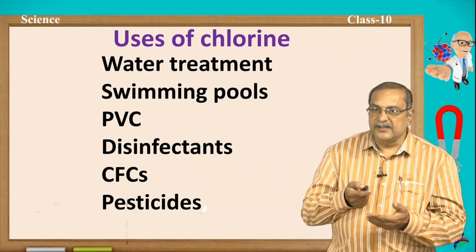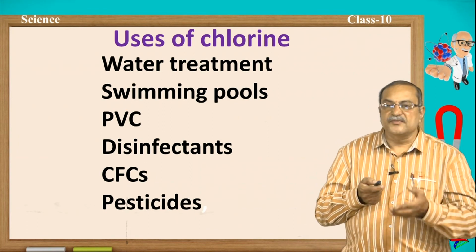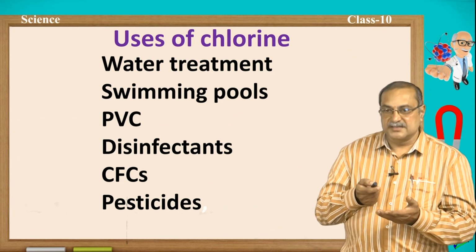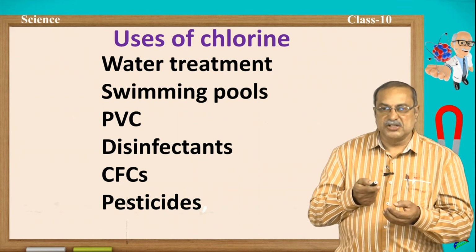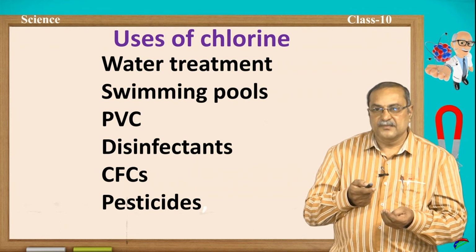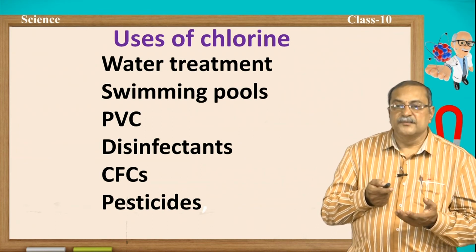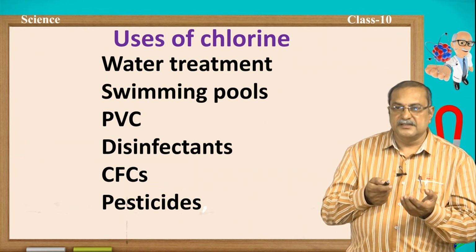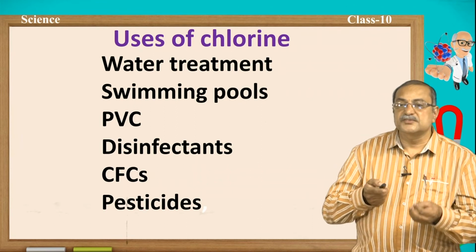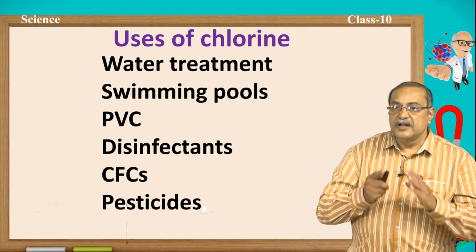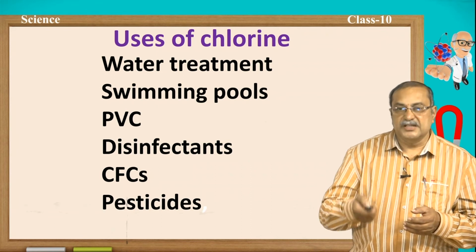Okay. Then CFCs, chlorofluorocarbons, which are used in refrigerators as cooling agents. Okay. Then pesticides, since chlorine is a lightly poisonous material, it is used in the manufacture of pesticides. Okay. So next we go for